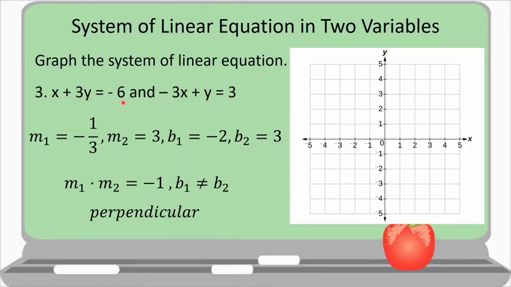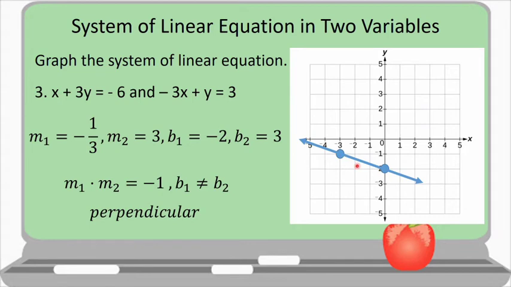So let us see the graph of x plus 3y equals negative 6. So it will pass through negative 2. So this will be the location of the point. And then we have the slope negative 1/3. So let us see the second point. So we have here the point. So negative, we can use upward, 1 upward, and then to the left, 3 to the left. So that's why it is negative. So this will be the graph of x plus 3y equals negative 6.